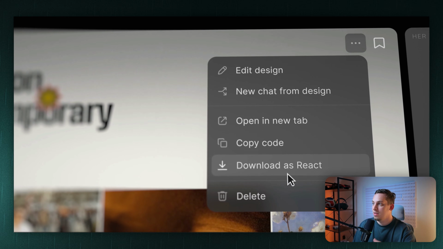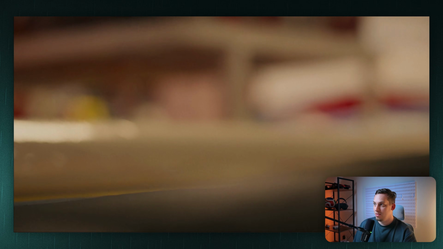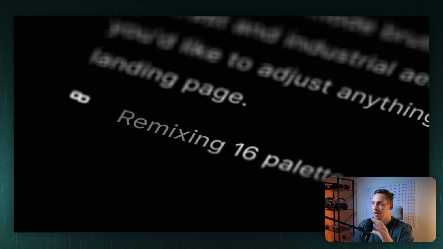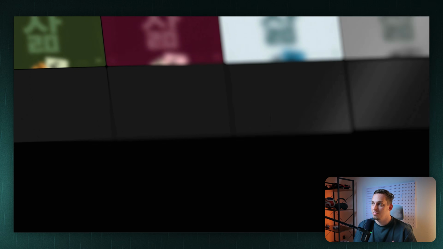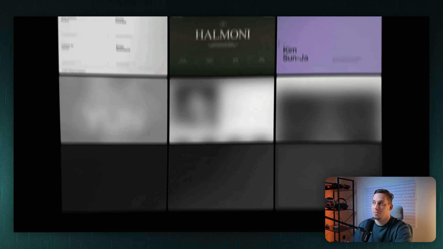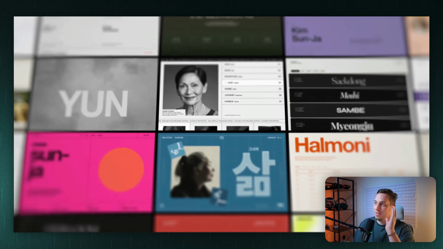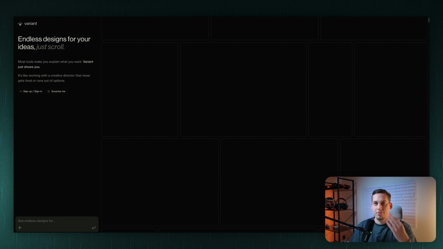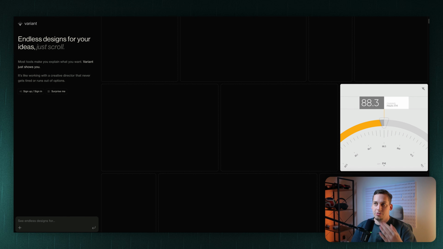And as you can see, you can generate new styles, you can create new variants based on her designs. There's a lot of designs that she's making. So he's also remixing different types of designs for her potential website. And then eventually he gets a list of a lot of potential styles he can explore. And then the movie stops here where they choose this design and she says, yeah, let's do it. And it's a nice little trailer video for this tool called variant.ai,